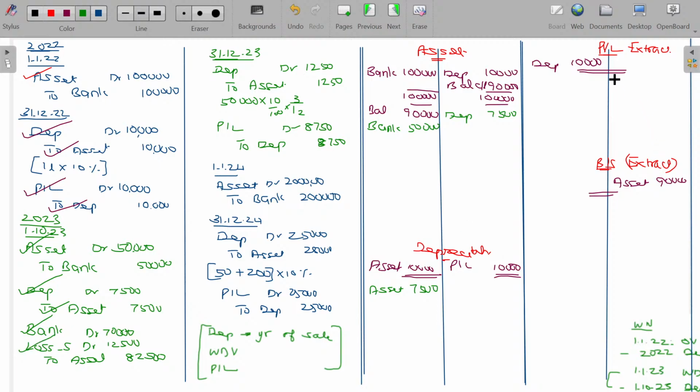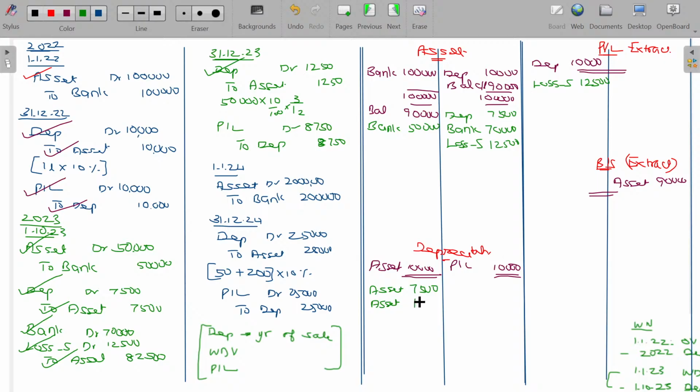Loss can be transferable to the P&L account. Loss on sale 12,500. In asset bank 70,000. Loss reduces the value of the asset. Loss on sale 12,500. Here is for depreciation to asset,